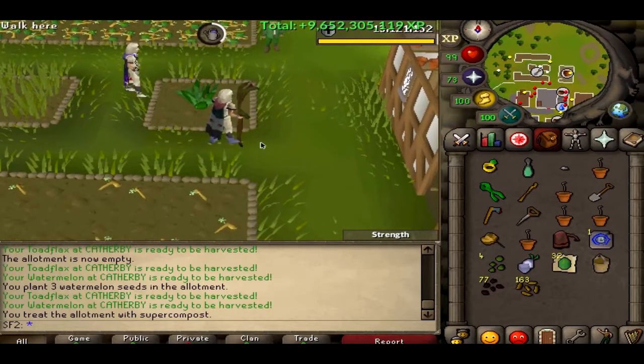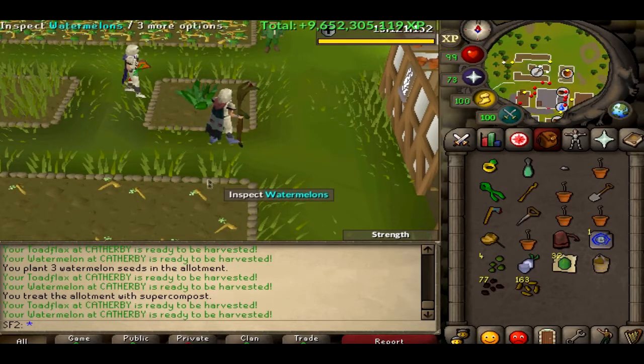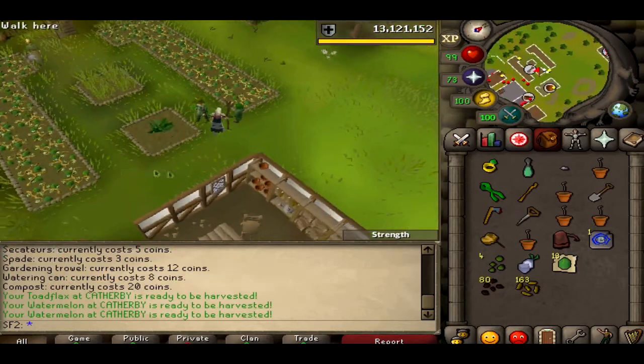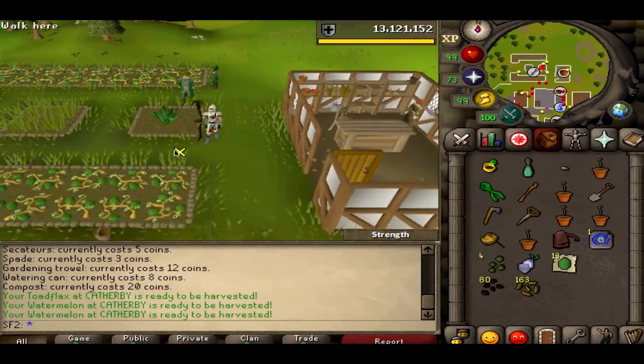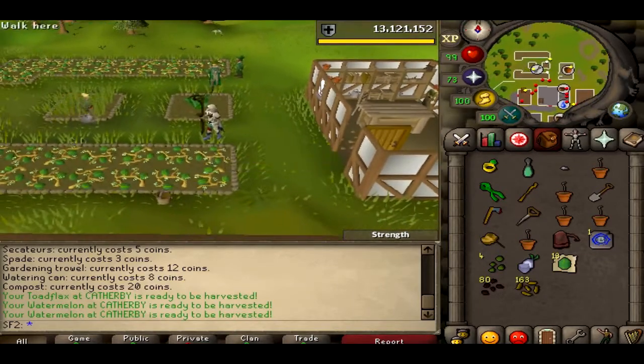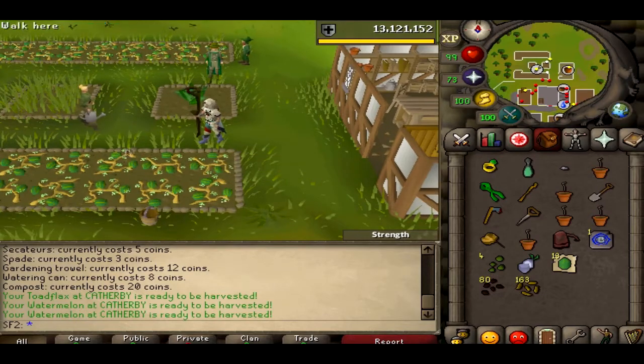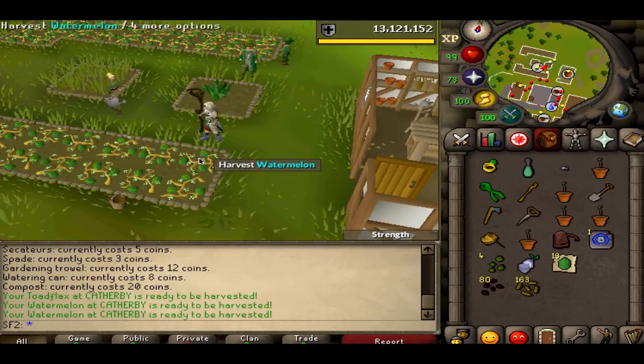I'll leave a link in the description which shows the exact amount of time it takes for whatever seed you plant to grow. And then you come back and you harvest it again. Okay, so I've shown you how to plant. After you've planted, whatever you grow, for example potatoes at the beginning stage, will be fully grown, and you can click harvest, and